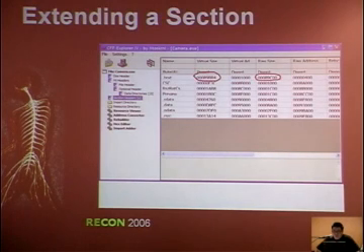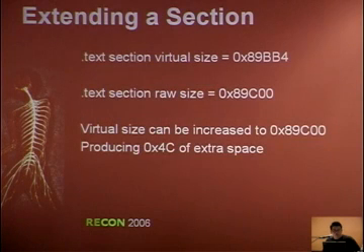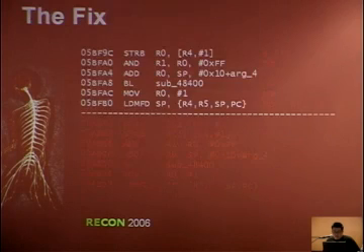So in this tool, it's showing us that we have a difference of about, I think, 4C bytes. So that's plenty of space to write a patch. So all you have to do is set the virtual size to be equal to the raw size, and you just have free extra space. And we do that, and then we create a patch. All the patch does is